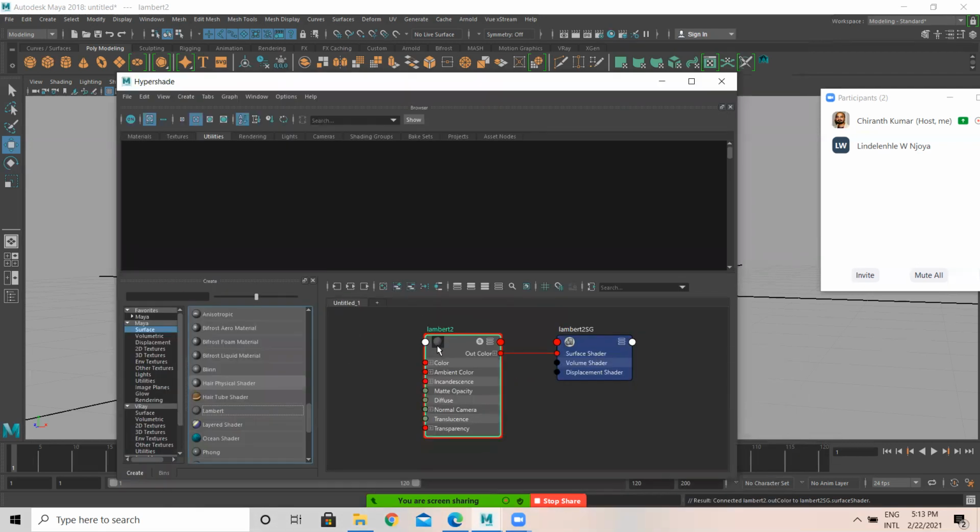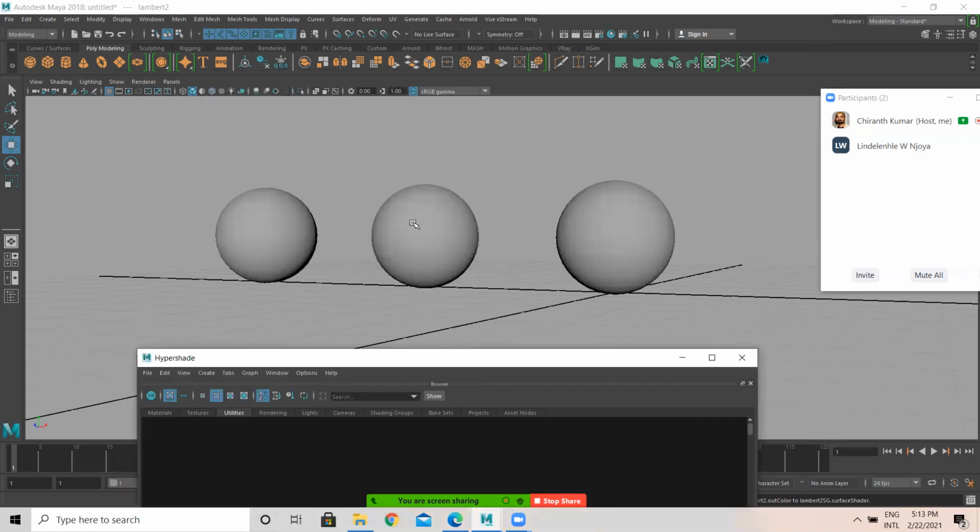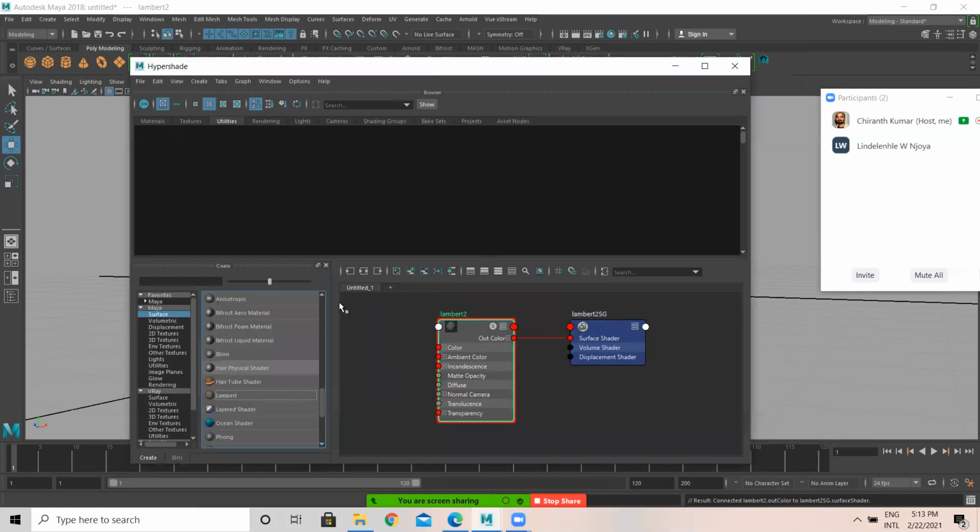Lambert is the name of a shader which doesn't support reflection, meaning there is no reflection on this particular model. Lambert is the default material in Maya. So I'm just selecting Lambert. Under surface, whatever is there, everything is a material. You can call these materials or shaders.